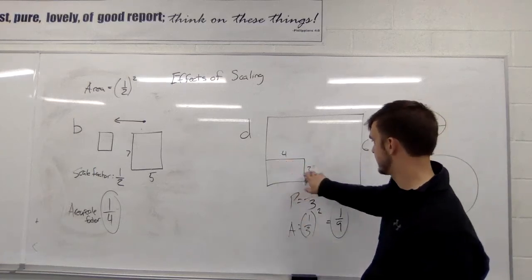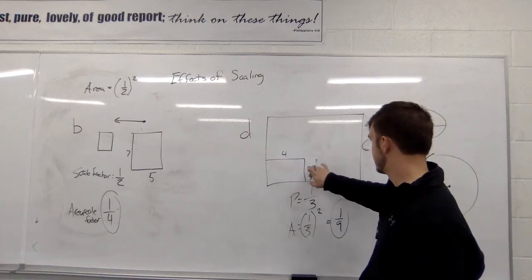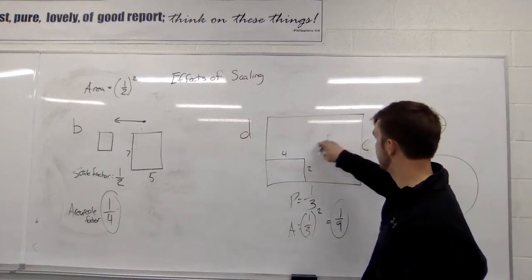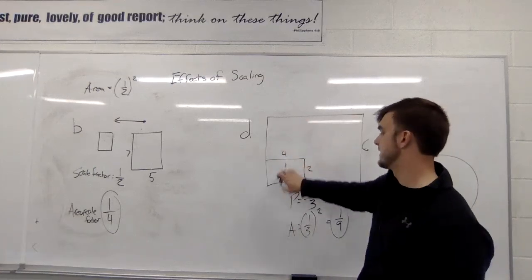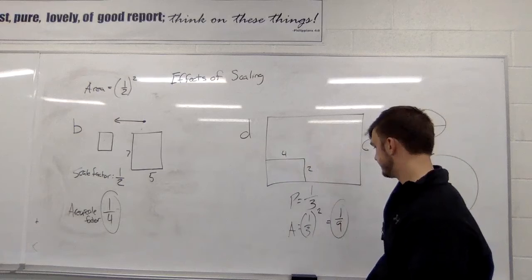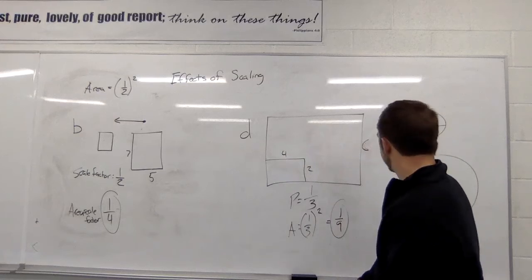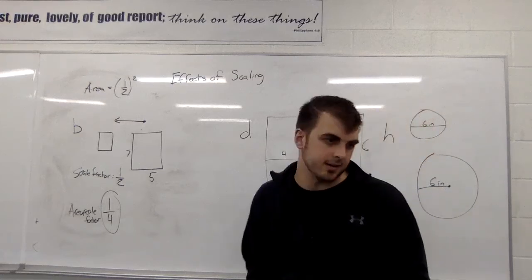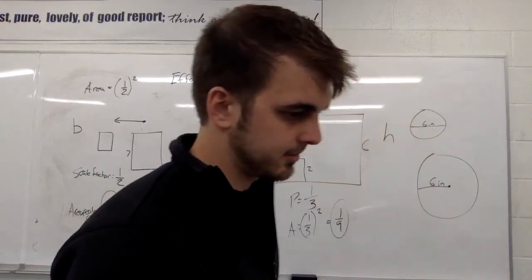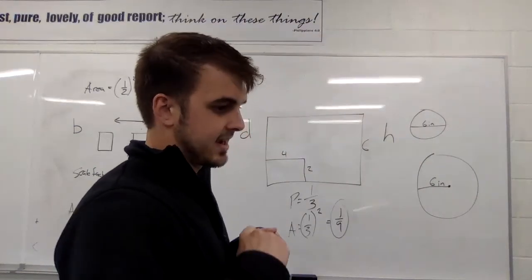And if you look at it, it's about right. 1, 2, 3, 4, 5, 6, 7, 8. About 9 of these little ones could fit in the big one. Then the last thing, I don't think it tells you to figure out the volume. Nope. So the last thing here is